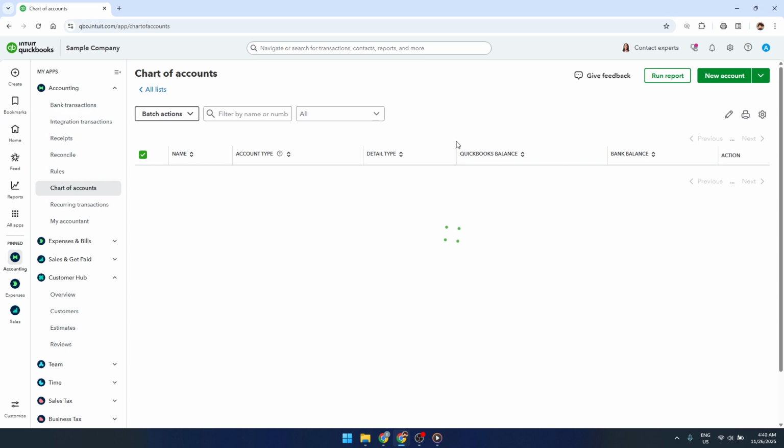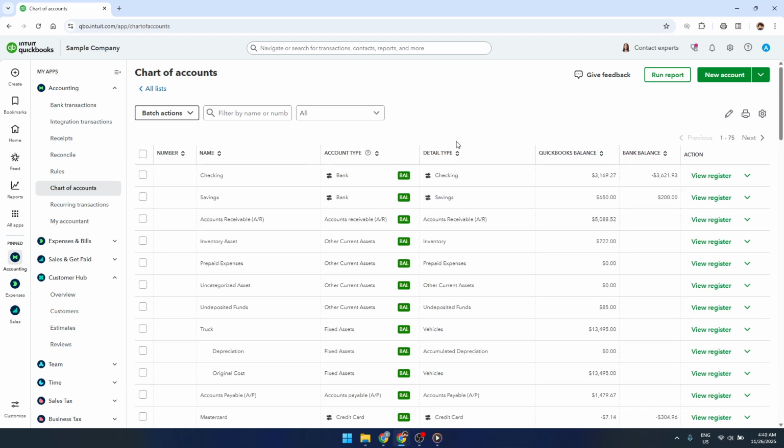This is essentially the backbone of your accounting system in QuickBooks. It's the list of all the accounts you use to track what you own, what you owe, what you earn, and what you spend. Once you're on the Chart of Accounts page, look for the New button, usually toward the